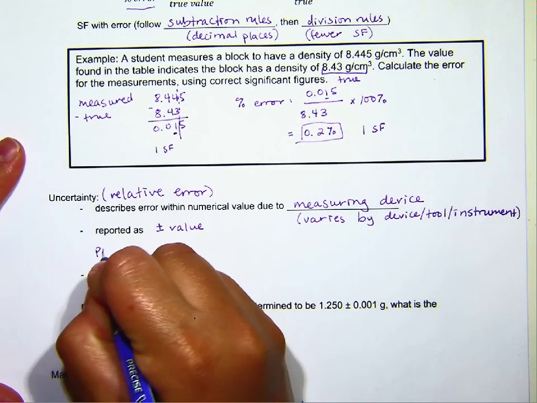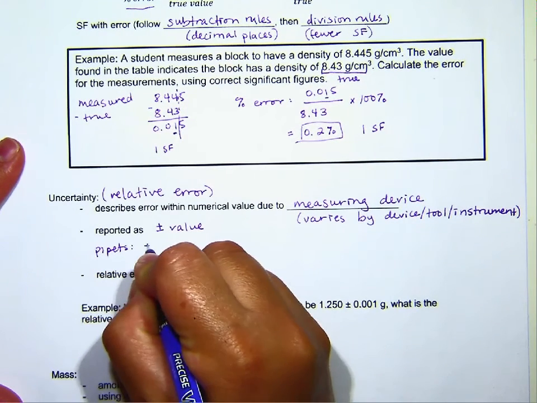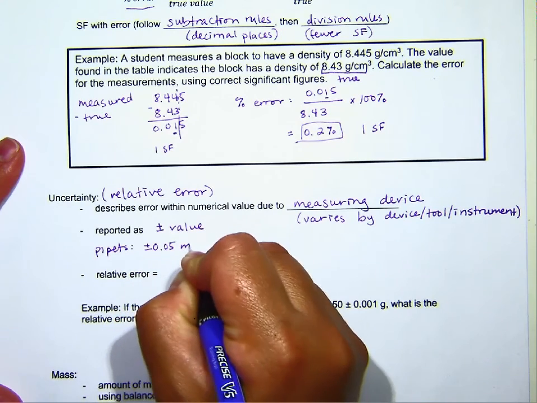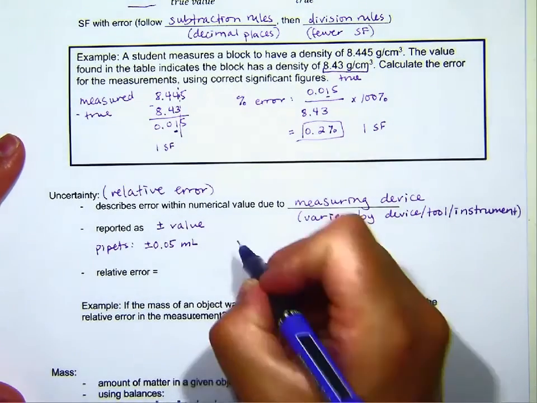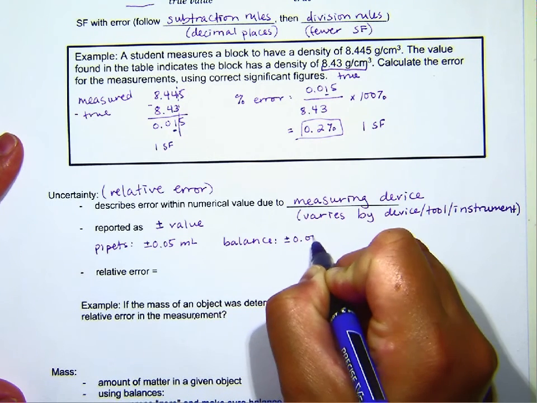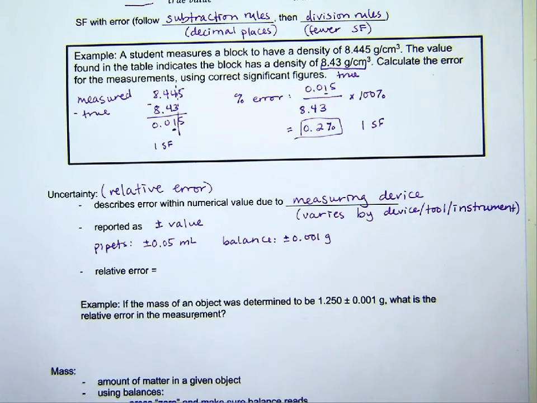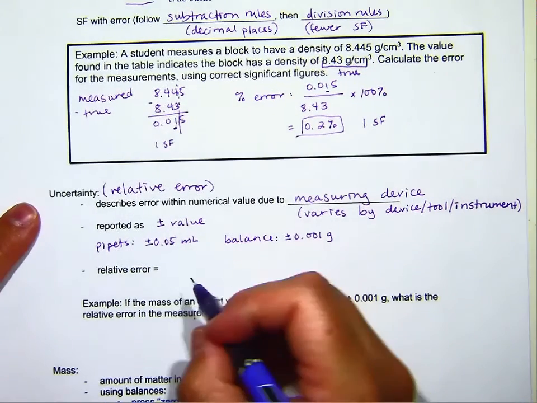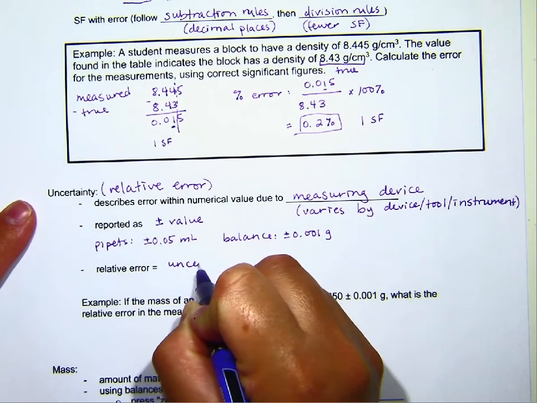Here's an example. If you've ever used a pipette, right on the pipette, it'll say something like 0.05 plus or minus 0.05. We know that the balances in our laboratory have an uncertainty of 0.001 grams, meaning the mass can be 0.001 gram less or more than what we see on the balance. So when we're thinking about a relative error, a relative error is an uncertainty with respect to the measurement we took. So we report the relative error as the uncertainty value